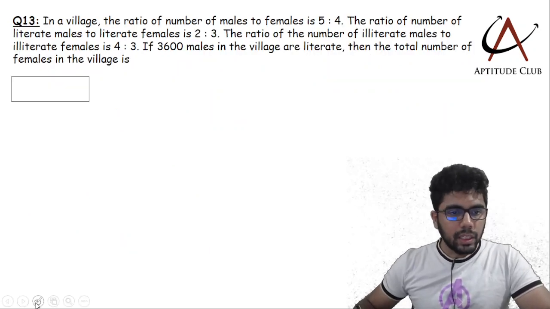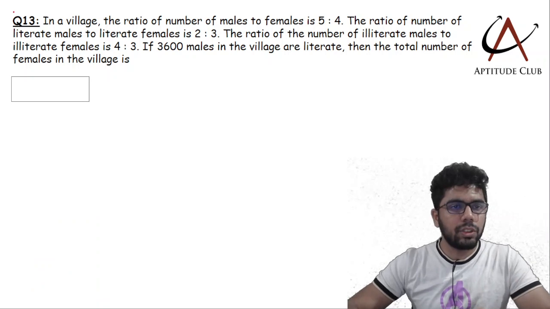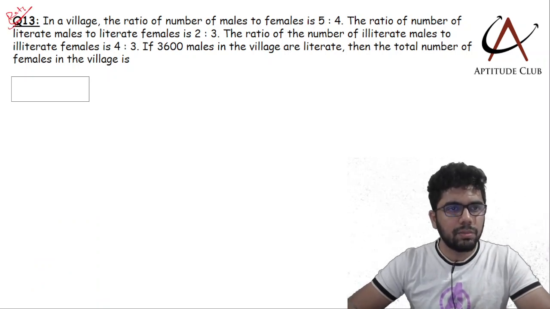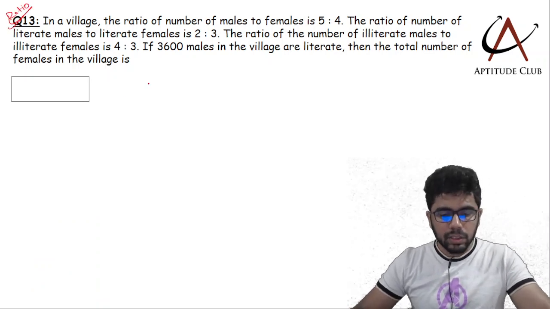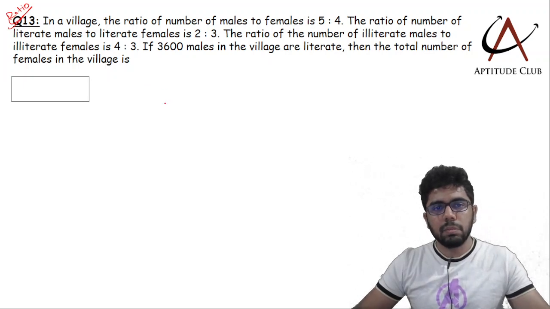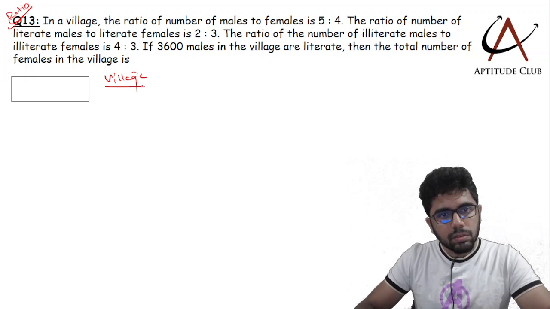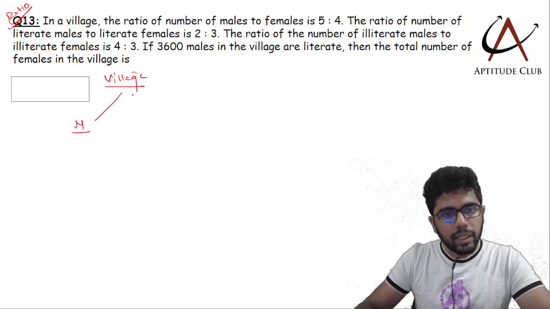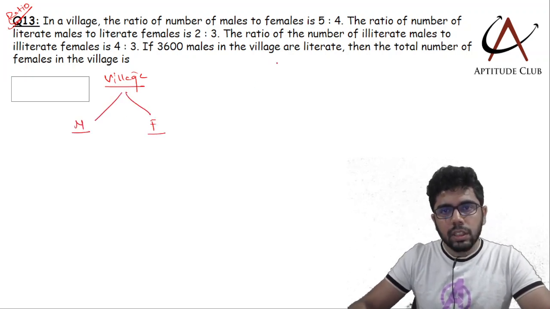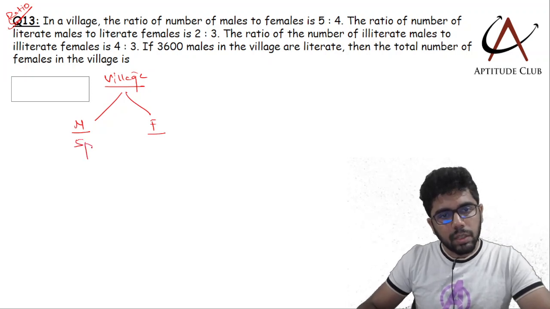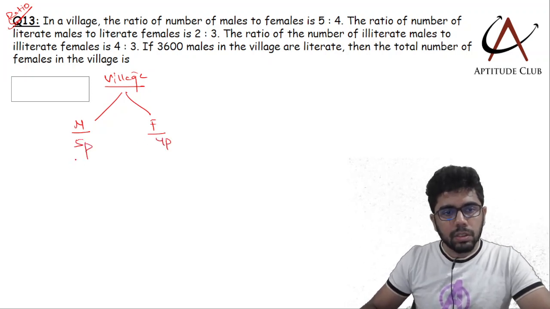Okay, let's take a look at this simple question on ratio. ठीक है, ratio topic का काफी simple question है। In a village, the ratio of the number of males to females, so there's a village where we have males and females, and the ratio is 5:4, so male is 5 parts, female is 4 parts।